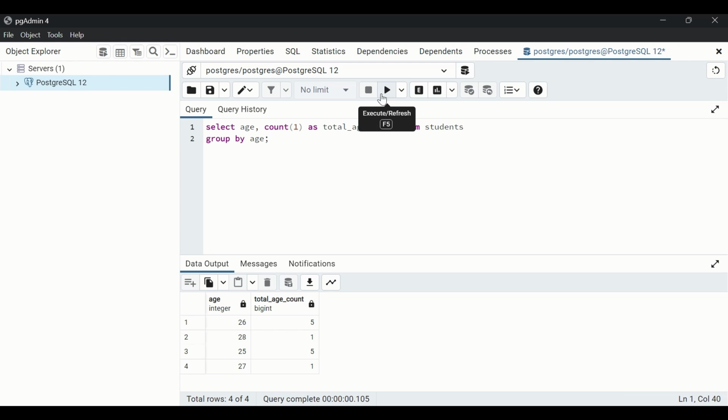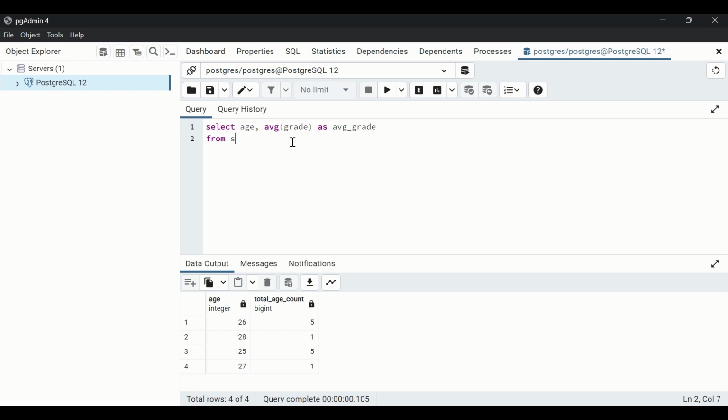Now it's time to combine all these clauses together. What we are going to do, first we will filter the records on the basis of grade, which is above 75. Then we will create a group of them with the age column, and then finally we will sort the result of their average grades in decreasing order. So for that, first let me clear this query. So my query will look like this: select, then the age column I am going to fetch, and then we will fetch the average grade, and let me give this some name as avg_grade,